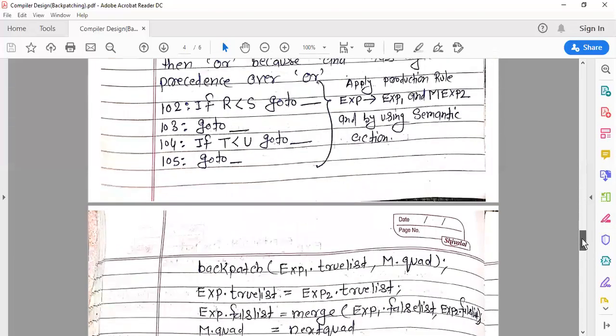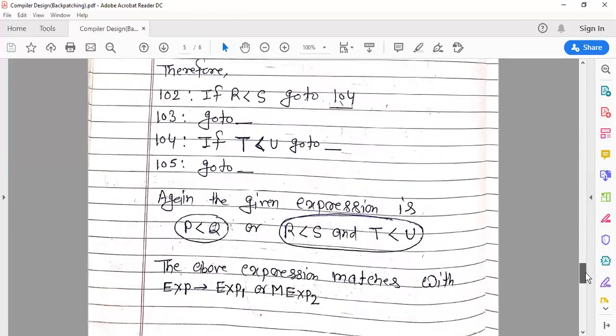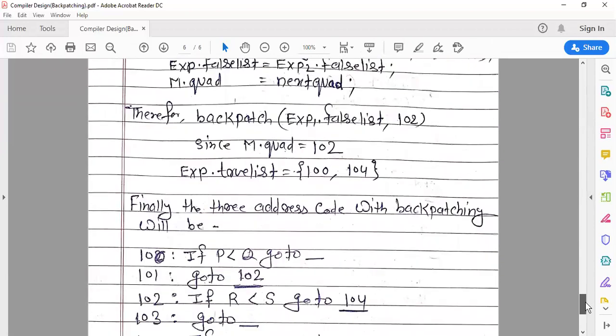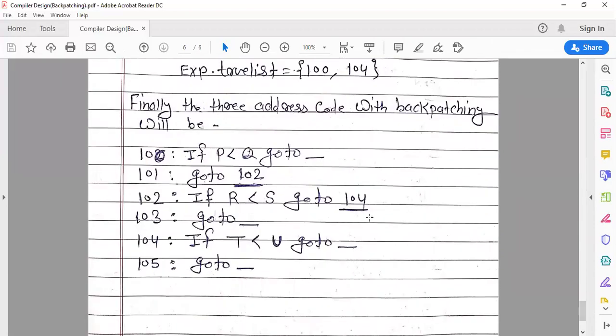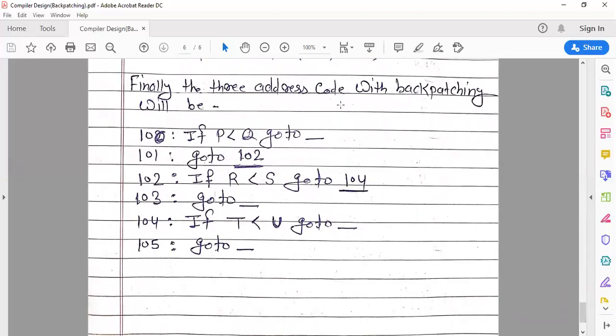And finally, you have also seen how I backpatched 104 at 102 and 102 at 101. So this is the 3 address code for the Boolean expression using the backpatching technique.